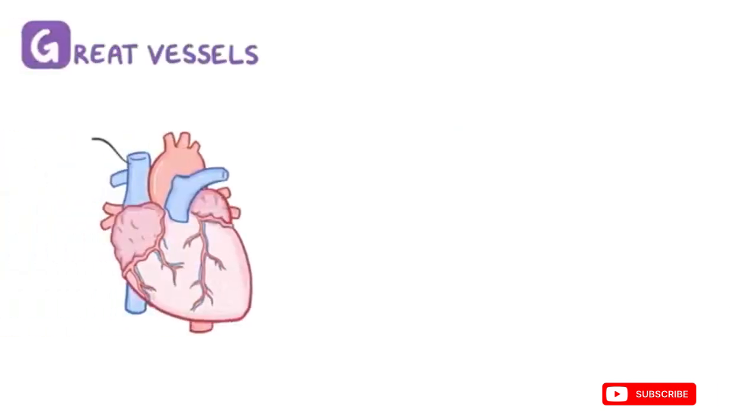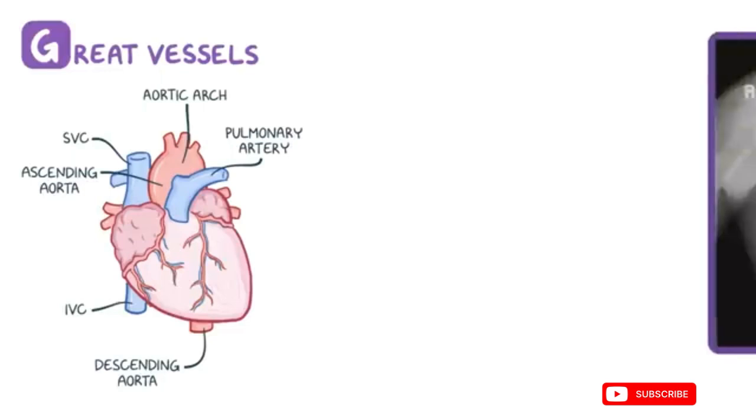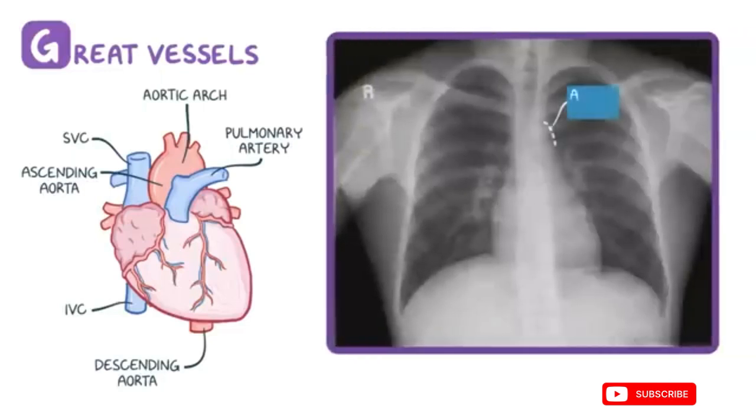Lastly, G is for great vessels, which includes the superior vena cava, inferior vena cava, ascending aorta, aortic arch, pulmonary artery, and descending aorta. You want to make sure that all of these structures are in the right location and are the right size. On the left side of the heart, the aortic arch should be the highest up, followed